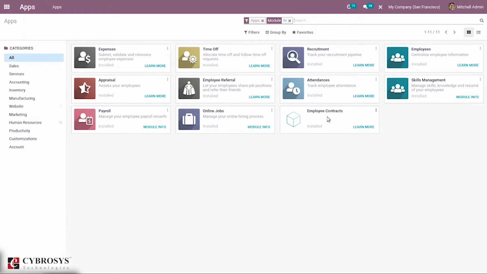This employee contract is integrated with most of these modules, for generating payslips after creating an employee. So install these modules